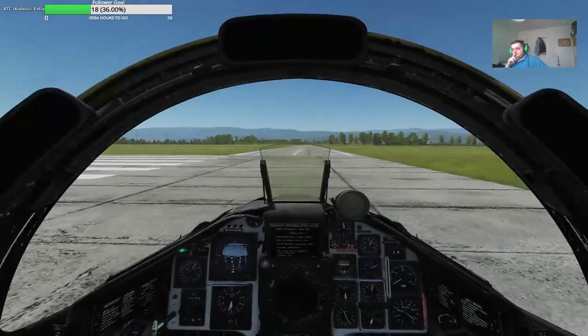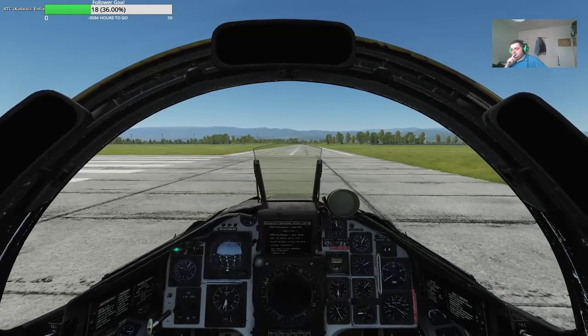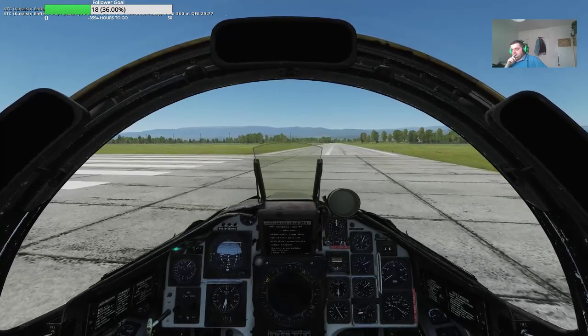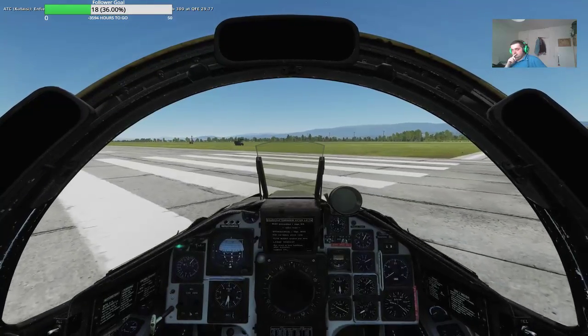Enfield 1-1, unable to clear for takeoff. Enfield 1-1, Kataisi, you are cleared for takeoff when ready. Climb 300 at